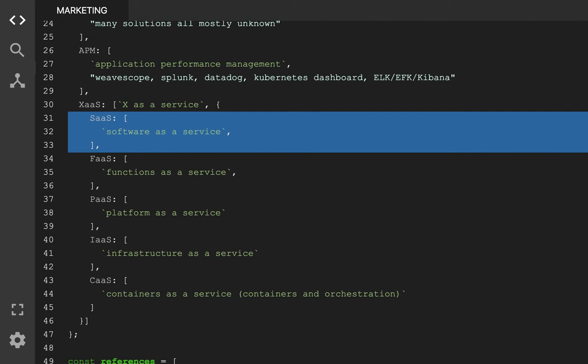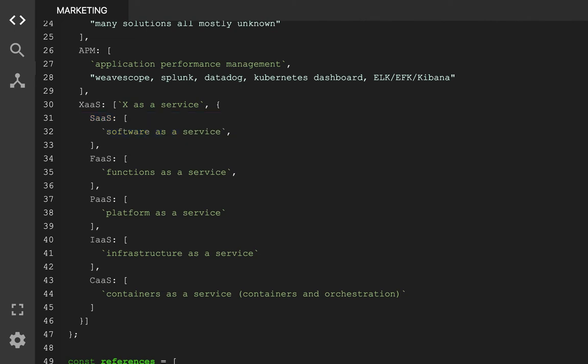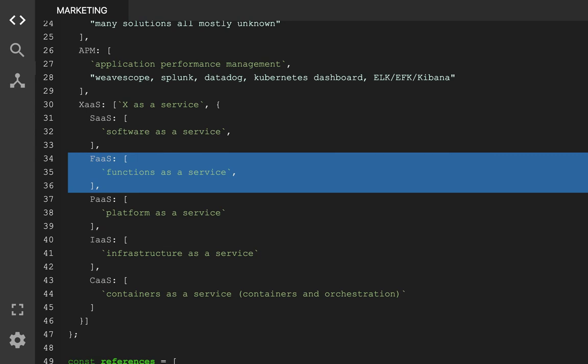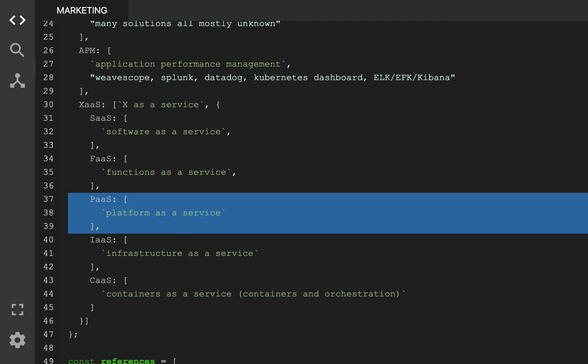That's SaaS, and that's kind of cool because it means that you don't have to manage your own infrastructure. You can basically just use this service over here. I'll jump back to functions as a service, but I want to first go into platform as a service, and then talk about containers as a service. So platform as a service is like, instead of just giving you this software as a service, I'm going to give you a whole platform that you can build software on, and that's pretty cool. That's kind of like the next step of SaaS.